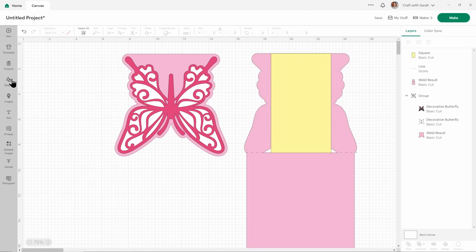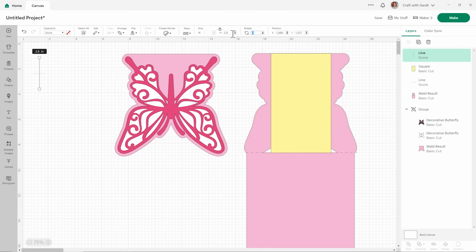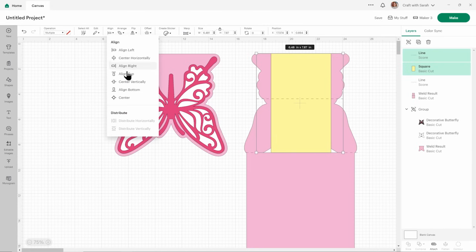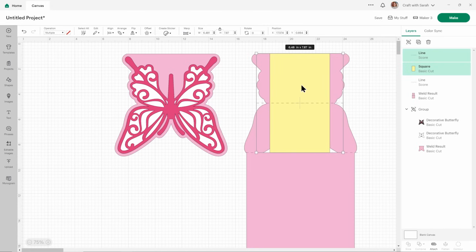And then we'll go into shapes and choose a score line. Rotate it 90 degrees. And make it so it's definitely going to fit over the whole of your card. And then we'll select the yellow rectangle and that score line and go align center.